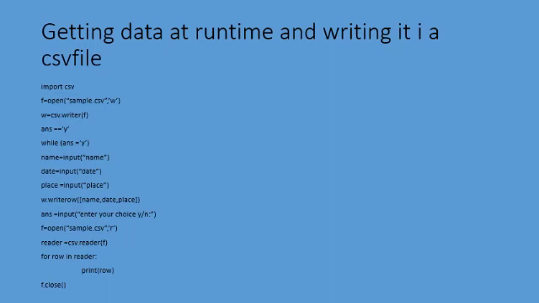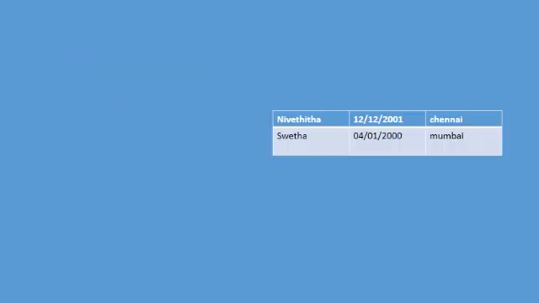After completing, when I give my choice as no, it comes to the next line. At that time what will happen? Already we have written, then I am going to open the file in read mode. So f is equal to open sample.csv comma read mode, then I am printing one by one. So that's all. Now let us see how the answer will be.